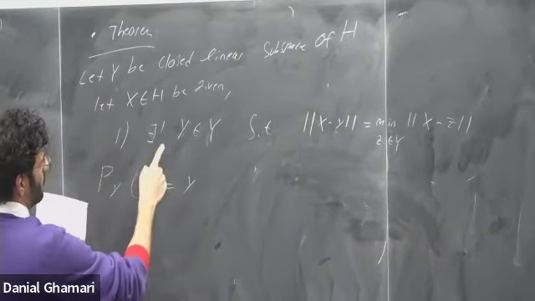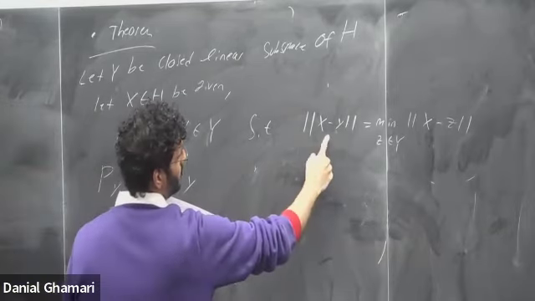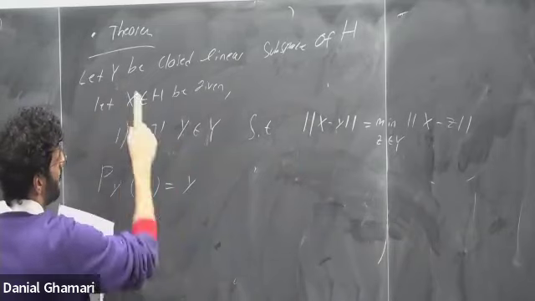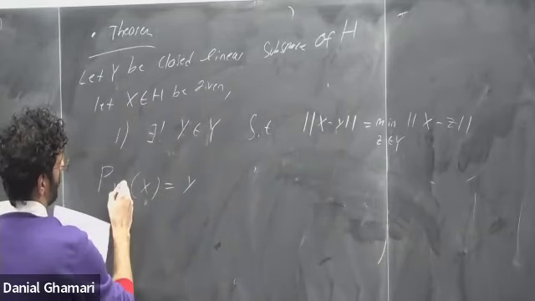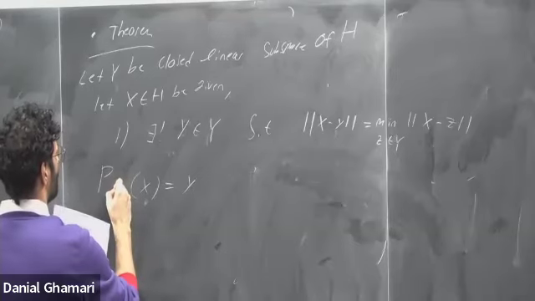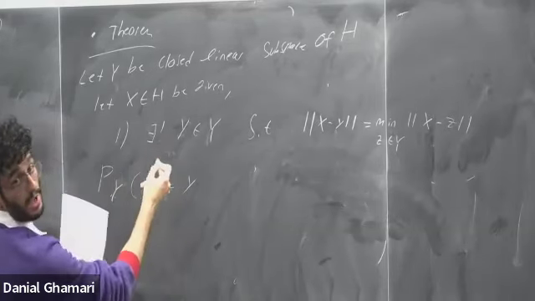Essentially, you take X, there exists a unique vector y such that it's the minimum distance between X and our space, our closed subspace Y. So if you project, we call this the projection operator onto the space Y of X, we project X onto Y, it's just equal to this unique element.